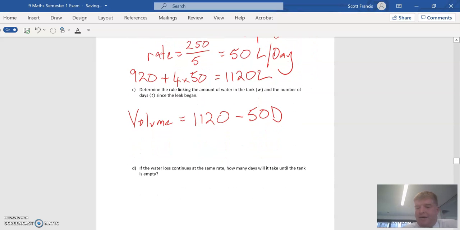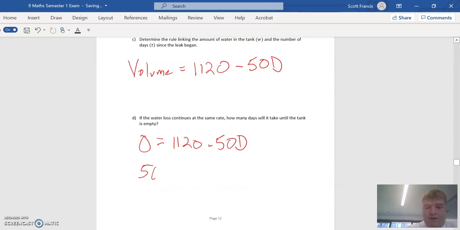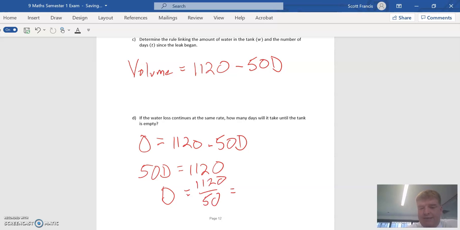How many days until the tank will be empty? Well, the tank is going to be empty when the volume is 0. So we can write 0 equals 1,120 minus 50D. We're going to find out what D equals. So let's add 50D to both sides. So we've got that 50D equals 1,120, and then we can divide both sides by 50. That will tell us the number of days, and that's going to be, I think, 22.4 days until